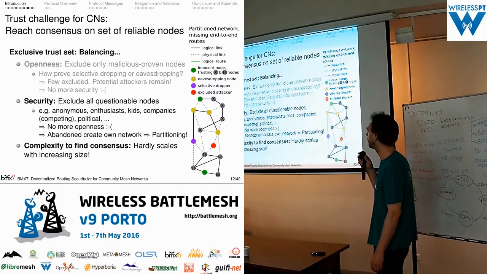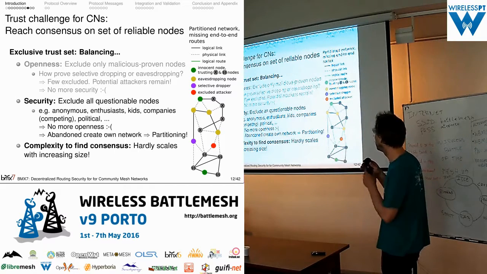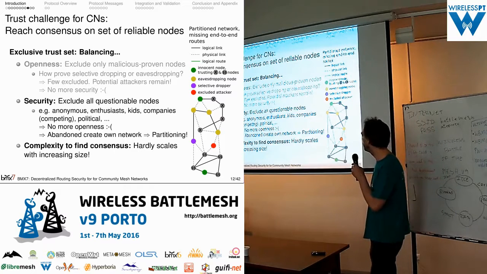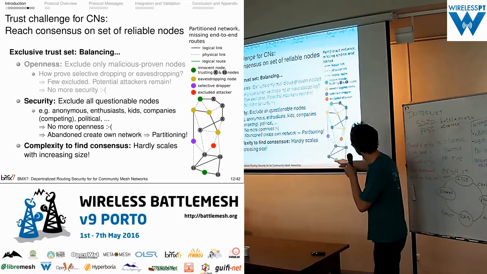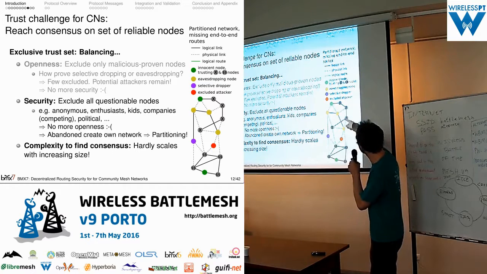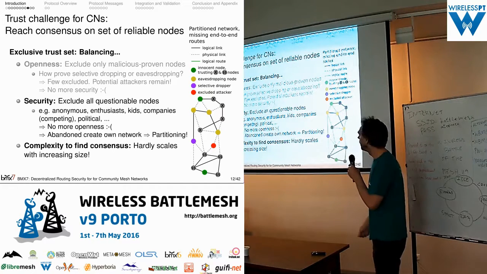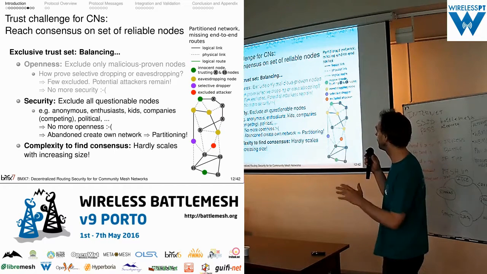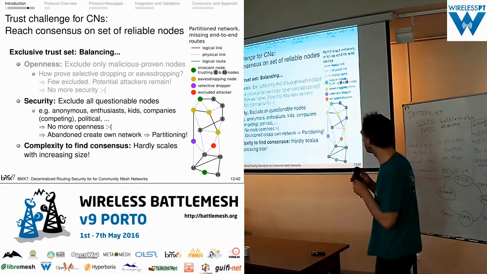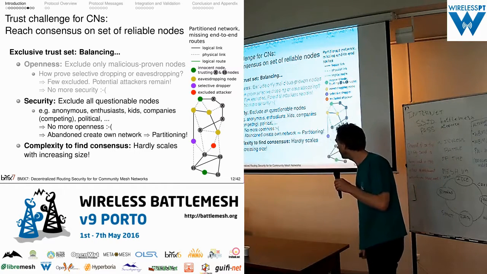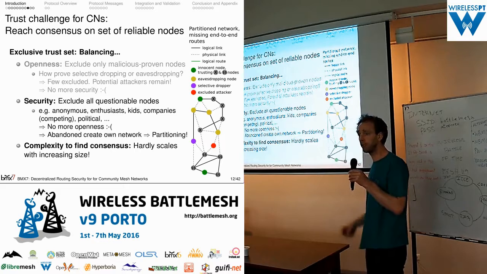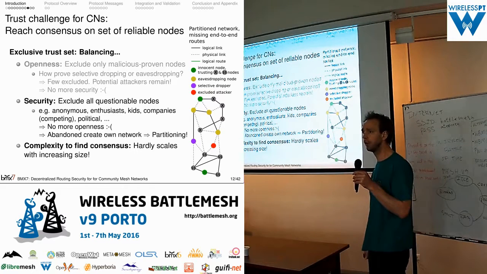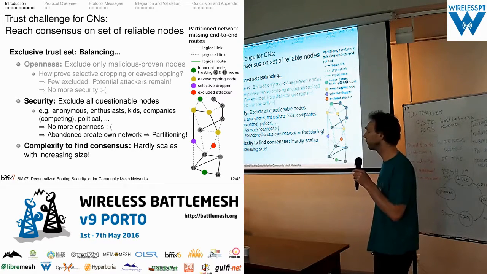And what will probably happen is what we've seen before, that you have lots of partitioning because people create their own networks. Like we have in this example a bit where we have networks here physically connected to other networks, but not logically. Yeah, the complexity is to find a consensus between these two directions. And the other problem is that finding such a consensus hardly scales, because the bigger your network and your community becomes, the harder it will be to find a consensus who's trustable and who's not.